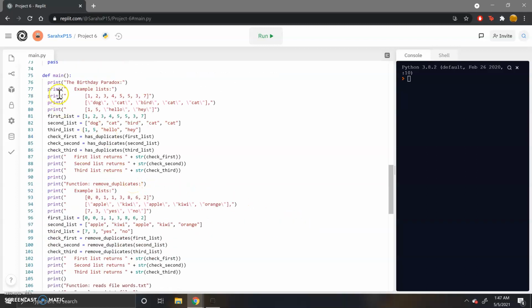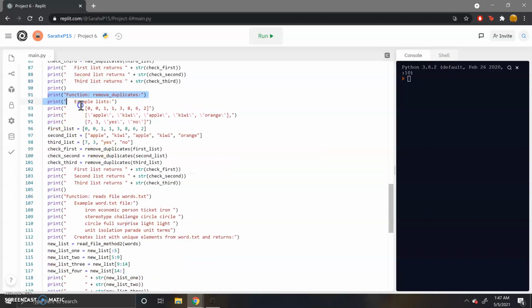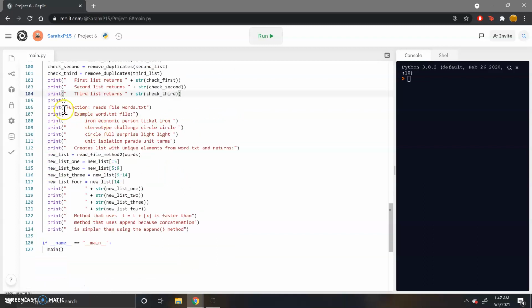And then in the main function, which will be the output for everything, it's just formatting, so it's going to show the section for the birthday paradox, and it's going to show some example lists. These lists are initialized in these lines, and then the next 3 lines are just going to call the functions with those lists. It's going to print or output the results. Same thing goes for the function remove_duplicates, and then again for the read file